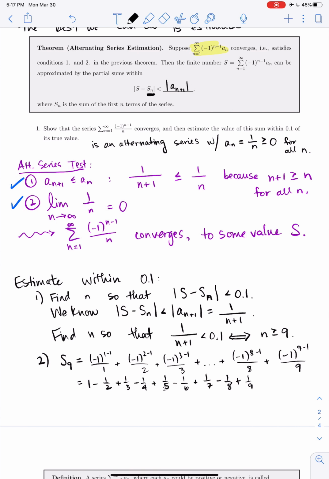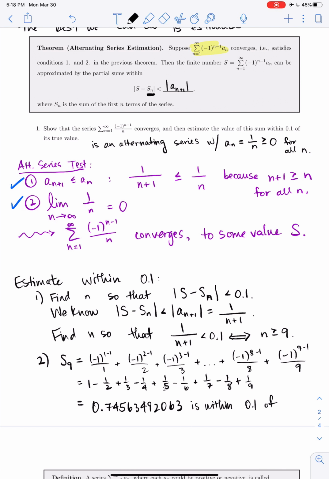Okay, so this is equal to, hopefully I did this right, because I actually did n equals 10 in my solutions, but this is equal to then 0.74563492063. Okay, so those fractions add up to exactly that decimal, and that decimal is within